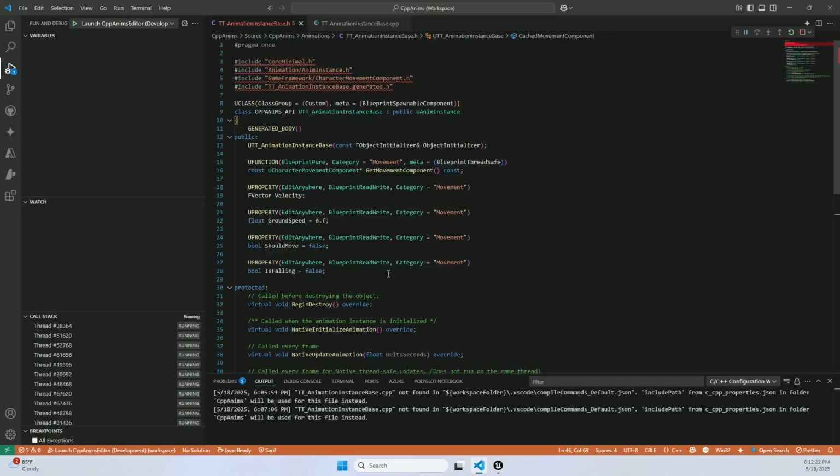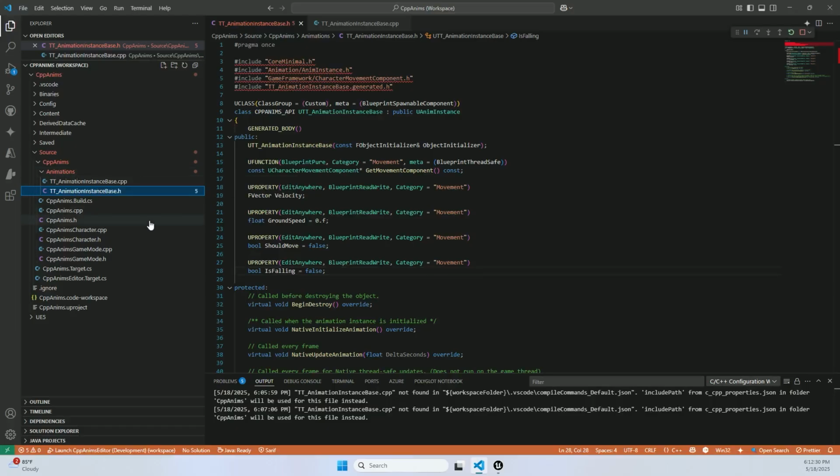I'm using Visual Studio Code, but it's going to be similar if you're using Visual Studio. What I have here is I've created a folder called Animations, and I've created two files, the header file and the CPP file. I just called it TT_animation instance base. You can call it whatever you want to. So our class here is UTT_animation instance base, and it derives from the UAnimInstance, and that is our include here. And then we have our character movement component include,